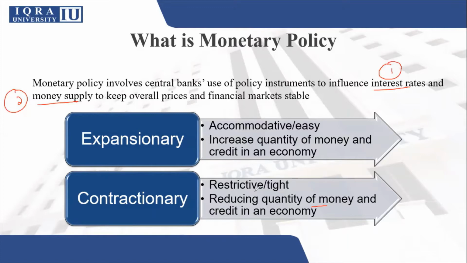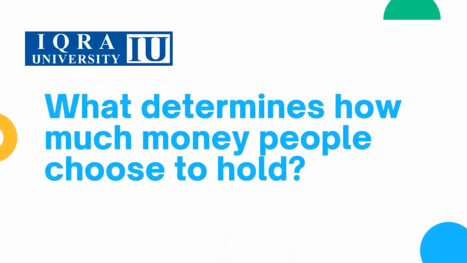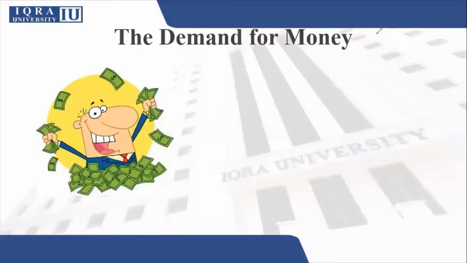Now, over here, you can see that the connection is between interest rate and money supply. So first, we are going to discuss how both of them are interrelated. For that, you will have to understand the demand for money. Now, the demand for money is influenced by the interest rate. Over here, you can see in this graph